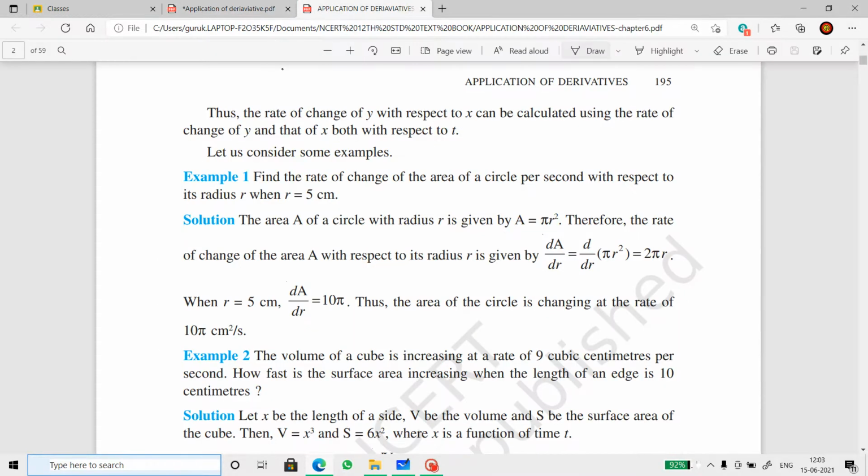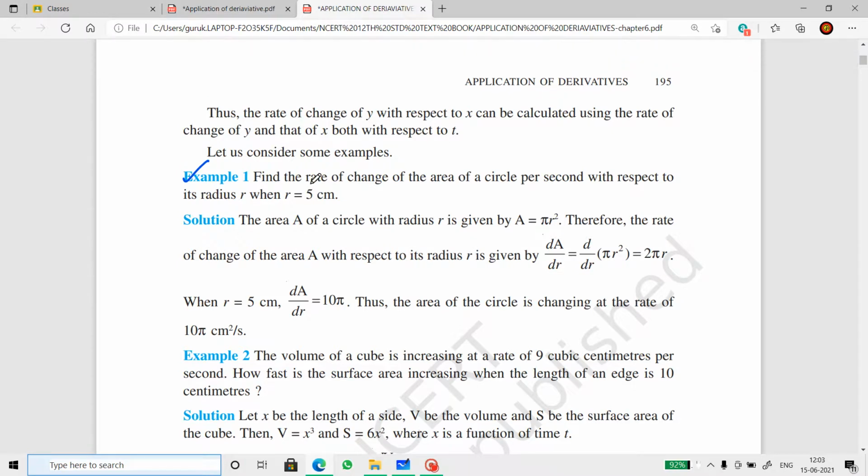To start with, this topic is actually simple compared to the other topics in this chapter. So it's easier. Initially I'm going to explain a few examples, also some important sums from the NCERT textbook. This is common for CBSE and ISC. The same set of questions you can see repeated in ML Agarwal and OP Malhotra. So if you cover NCERT, that is more than enough to understand the basic questions.